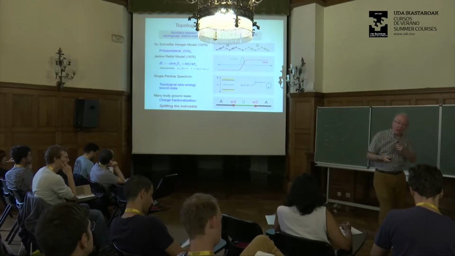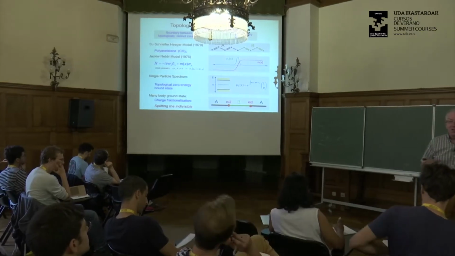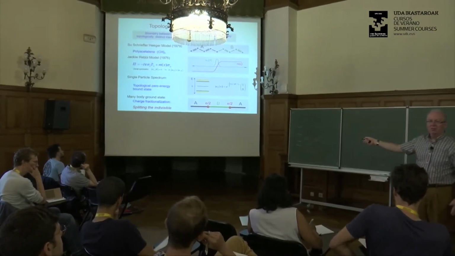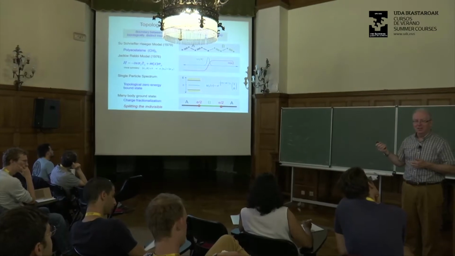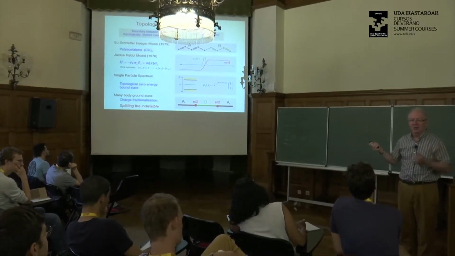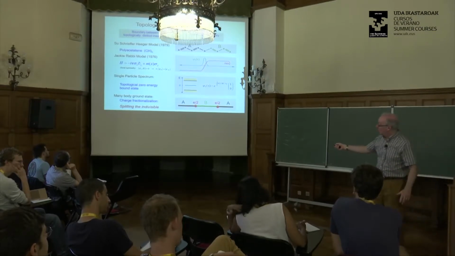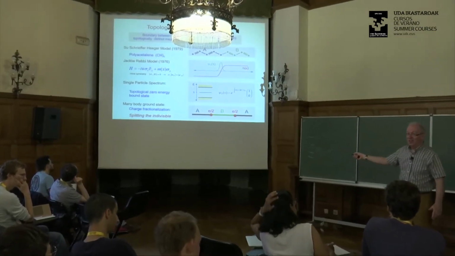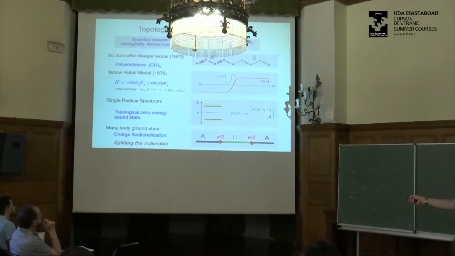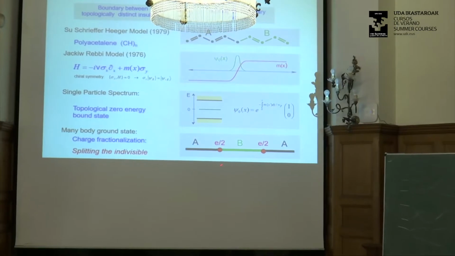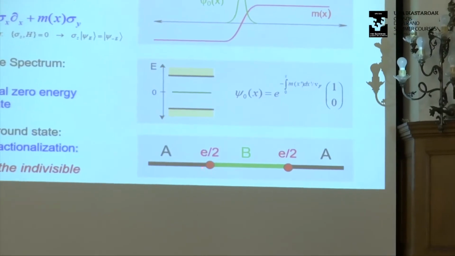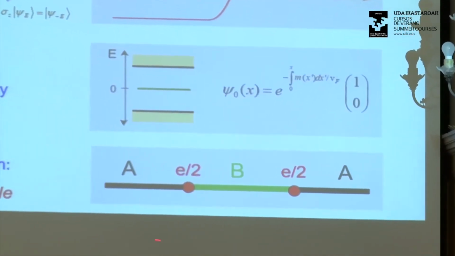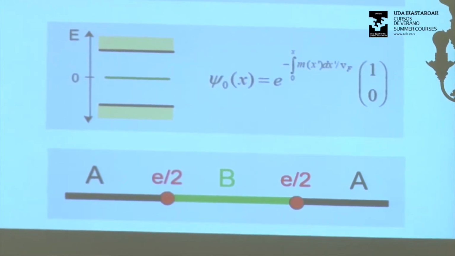And let me just say one other thing, which is that once you turn on interactions in polyacetylene, it no longer makes sense to talk about a zero mode. The zero mode is only a zero energy eigenstate of the single particle. That only makes sense if you have non-interacting fermions. But the charge is well defined in an interacting system, and in fact, that charge survives in an interacting system, as long as you have the inversion symmetry that makes the A and B phases differ in their electric polarization. Then this e over 2 is just the divergence of P, the divergence of the polarization.